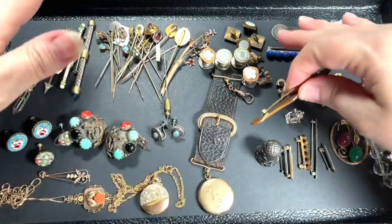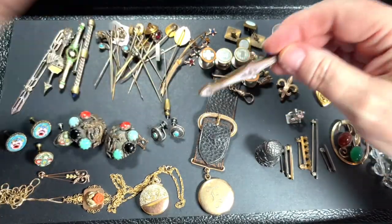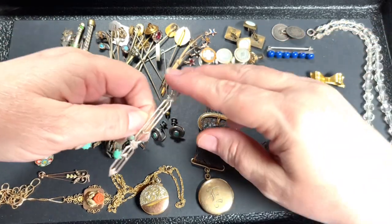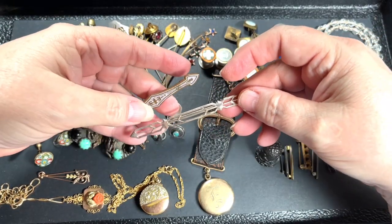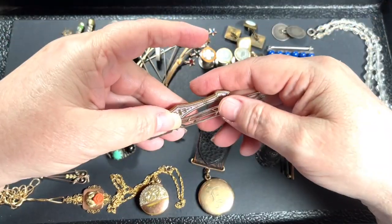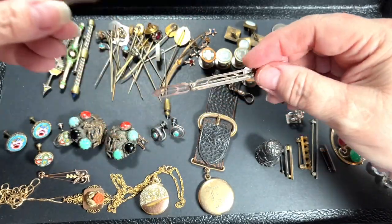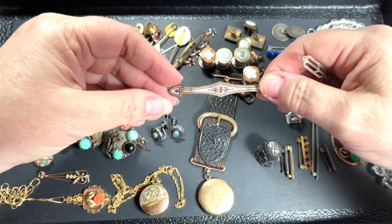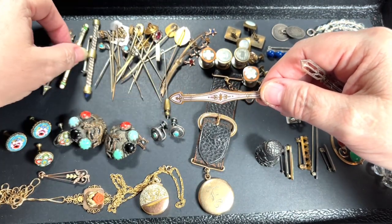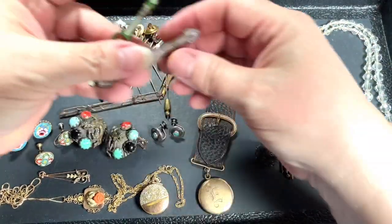So let's just jump right in and show you some jewelry. What I have here is some bar pins, and I love Victorian jewelry. That and Art Deco are probably my favorite types of jewelry, and bar pins were very, very popular in those times. And my suggestion as far as bar pins go is, here is an example of two